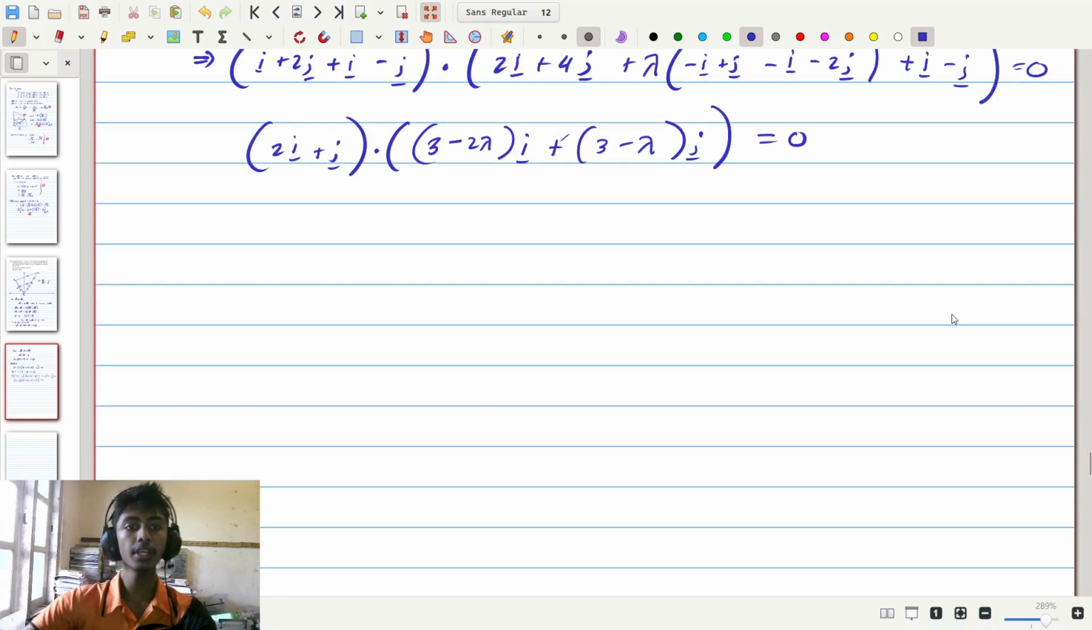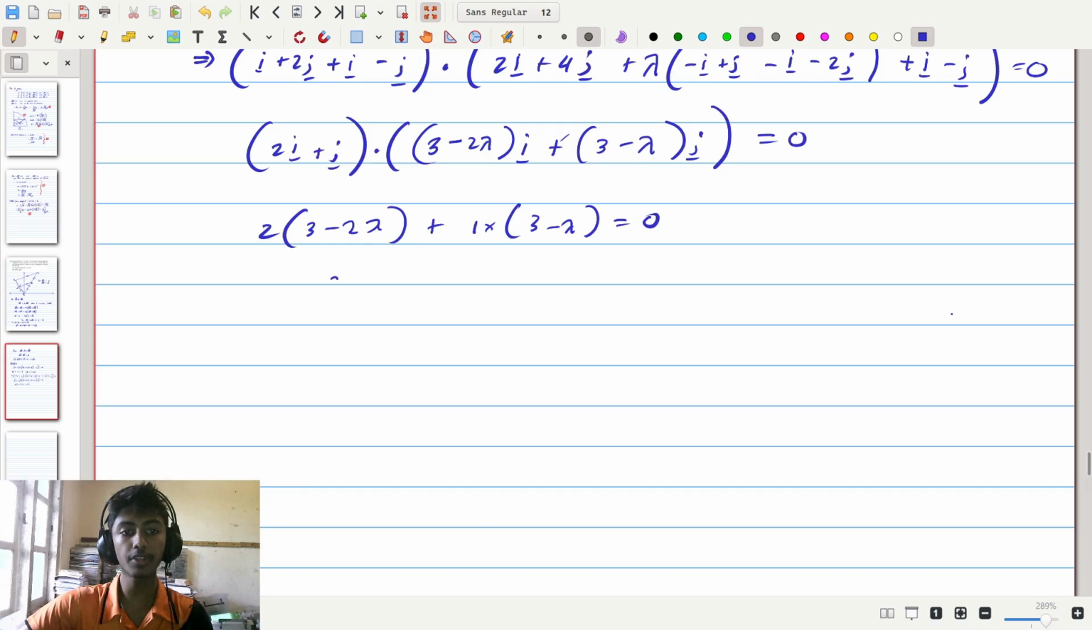So now, since both of these vectors that we're dot producting together are in the I plus J form, we can just take the coefficient of the two I's, which is this component and this component here, multiply them together, and add to that the product of the two coefficients of the J's here and here. So therefore, the dot product here is going to become 2 times 3 minus 2 lambda plus, and then here is 1, so we have 1 times 3 minus lambda equals 0,